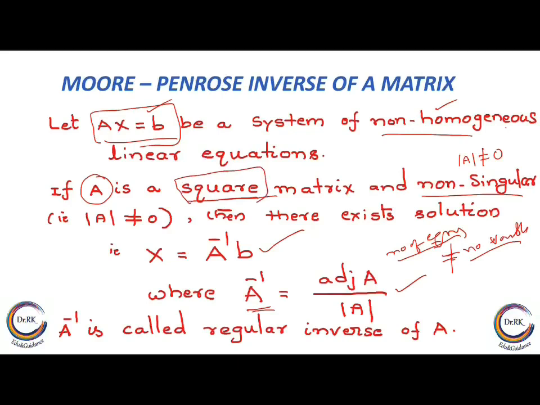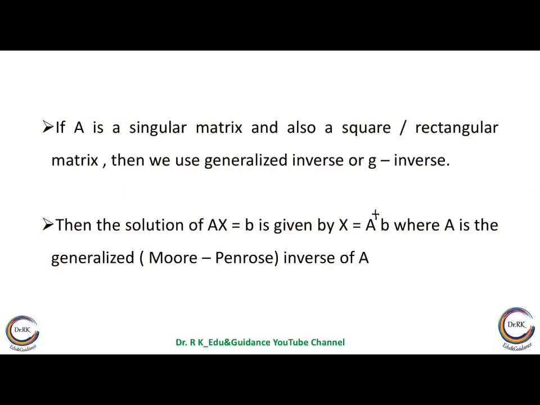a rectangular matrix. And one more is, det A may be equal to 0, right? In such cases, in the regular method, we say we cannot solve the system of equations, and we say the inverse does not exist, etc. Now in that case, that means if A is a singular matrix, singular meaning det equal to 0, or it can be a square matrix, or it can be a rectangular matrix, then we can find its generalized inverse or G inverse.